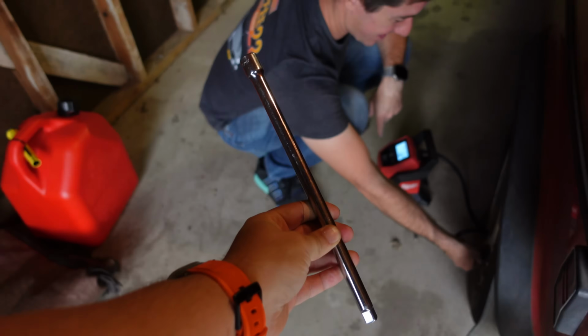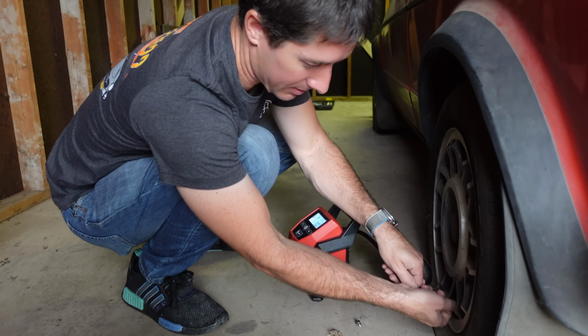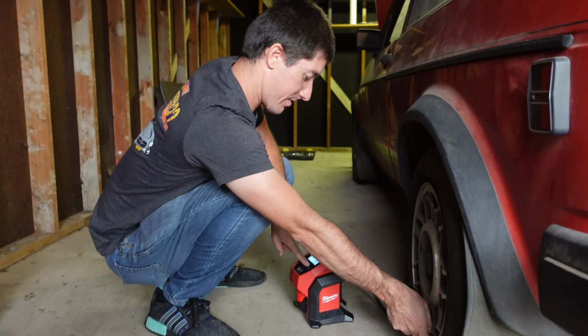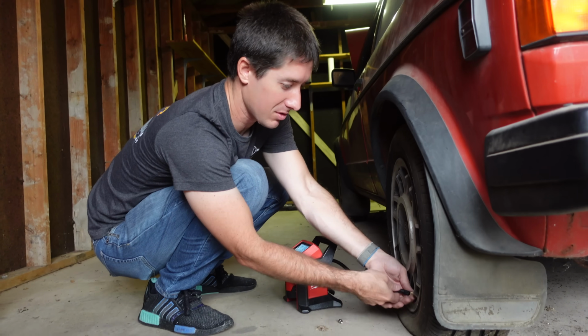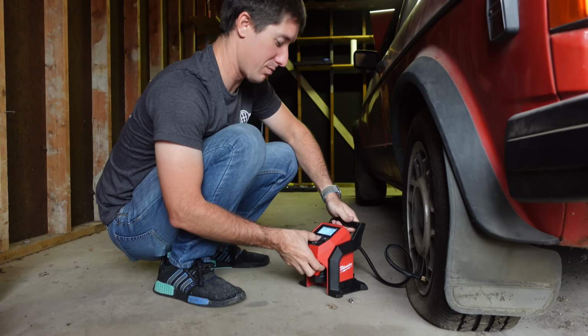Thank you. This tire was completely flat, obviously. So if that thing will start, we'll set this to 30 pounds, and then we'll walk away for 15 minutes while it airs up. I really need to buy that bigger Milwaukee cordless compressor. The M18? Yeah, this one's just so slow. It's great in a pinch, you know, but...